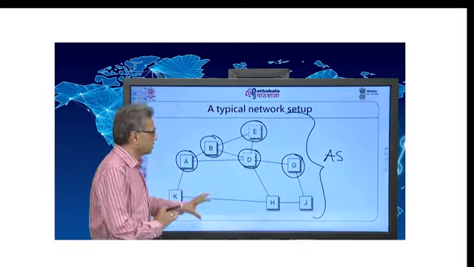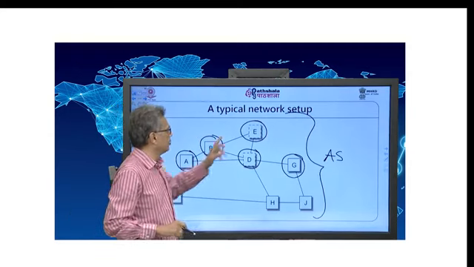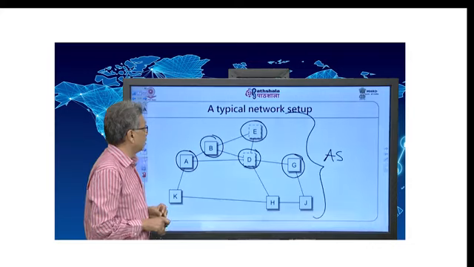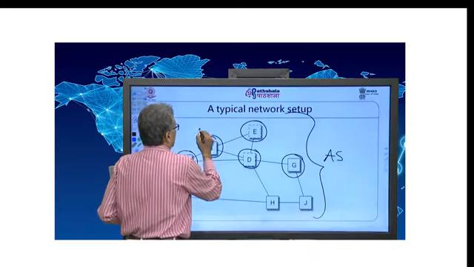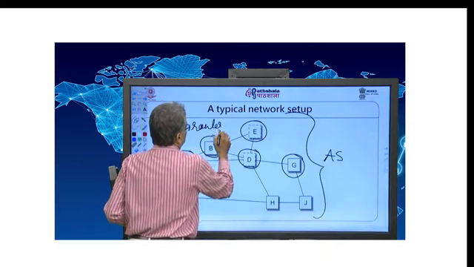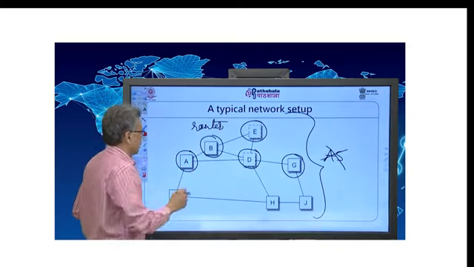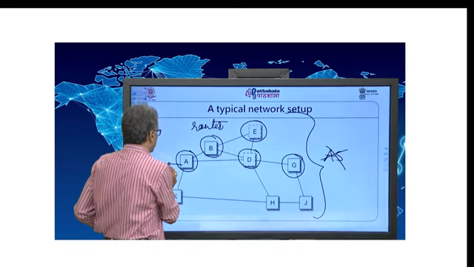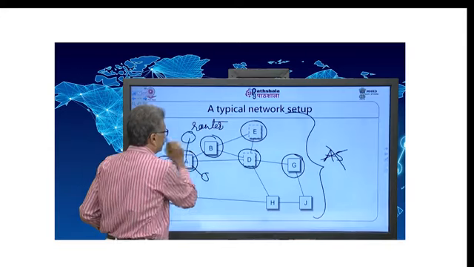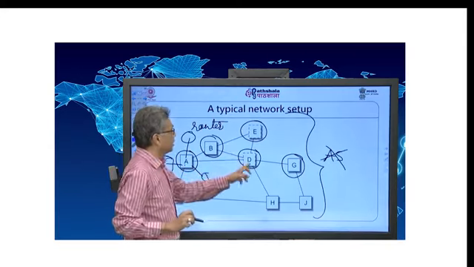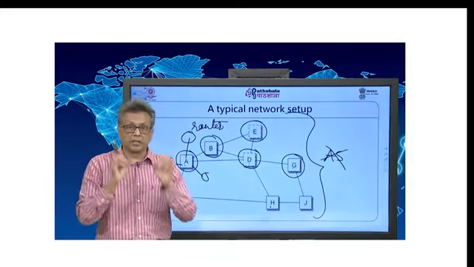A network will contain many nodes inside, and in most cases we will just assume that here to here, here to here. Sorry, I am talking about link state. Here are routers. Every one is a router. It is not an AS. Sorry, each node is a router. Each router is also connected to some other nodes, but we are not looking at those nodes right now. Here we are only looking at these routers, and we assume that these routers represent some networks.